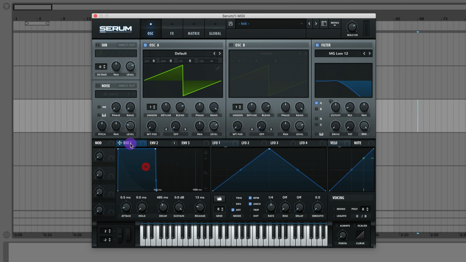So let me go and remove this. To remove the modulations, all I did was right-click and choose remove. You can also bypass all destinations, or remove all destinations, or just bypass, and it'll have a list of all the destinations. So I only have this envelope tied to the filter cutoff. So I could just bypass that. And then you see this line is grayed out, so it's not modulating anything. If I turn this back on,